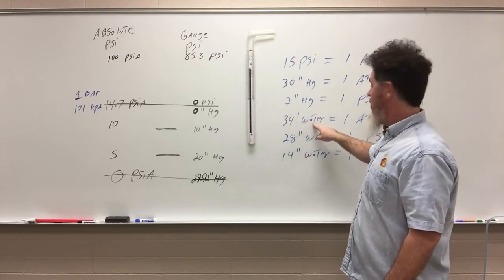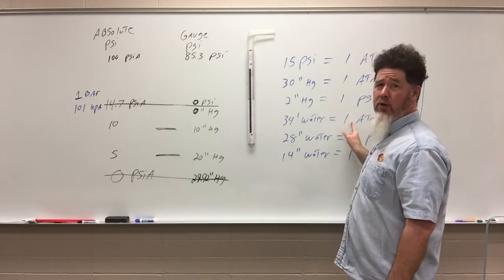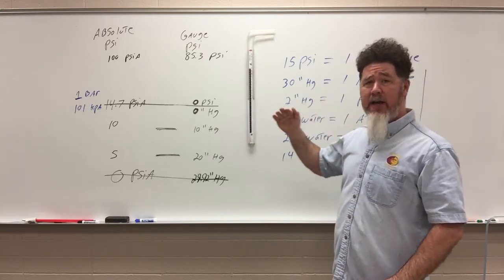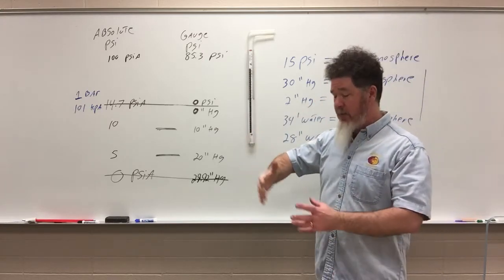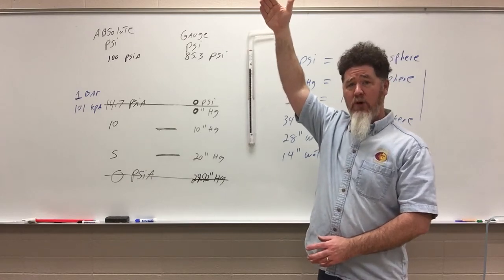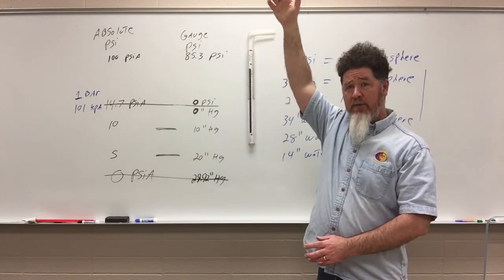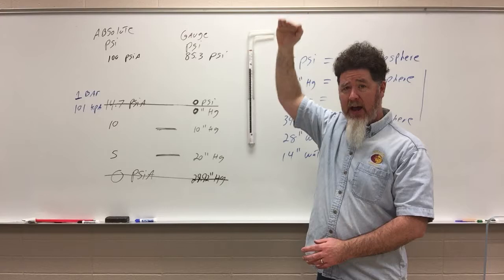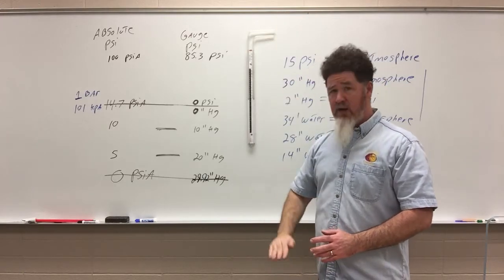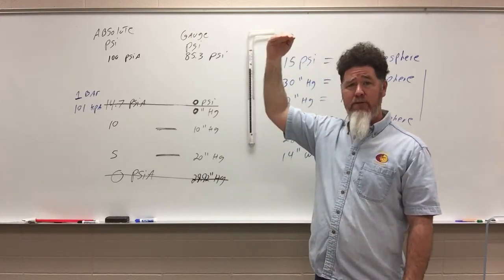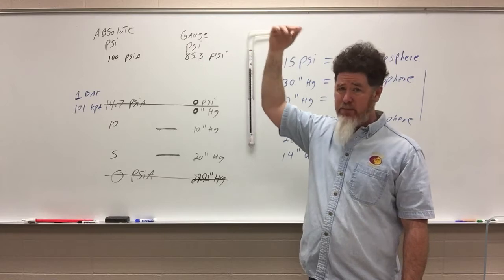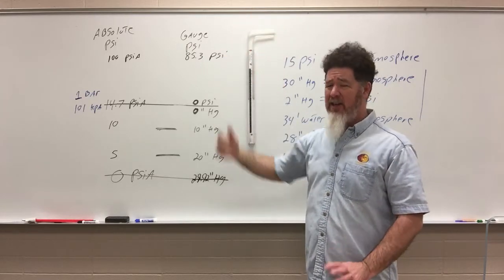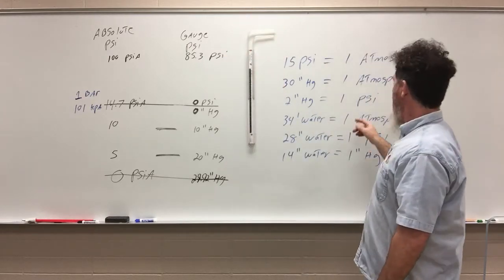34 feet of water equals 1 atmosphere. So, whoa, what does that mean? If I take a big tube that's 34 feet tall and put a vacuum pump on it and try to get a perfect vacuum, the water is only going to be able to be pulled up 34 feet. It won't be able to pull up any more than that. So that's kind of what that means.